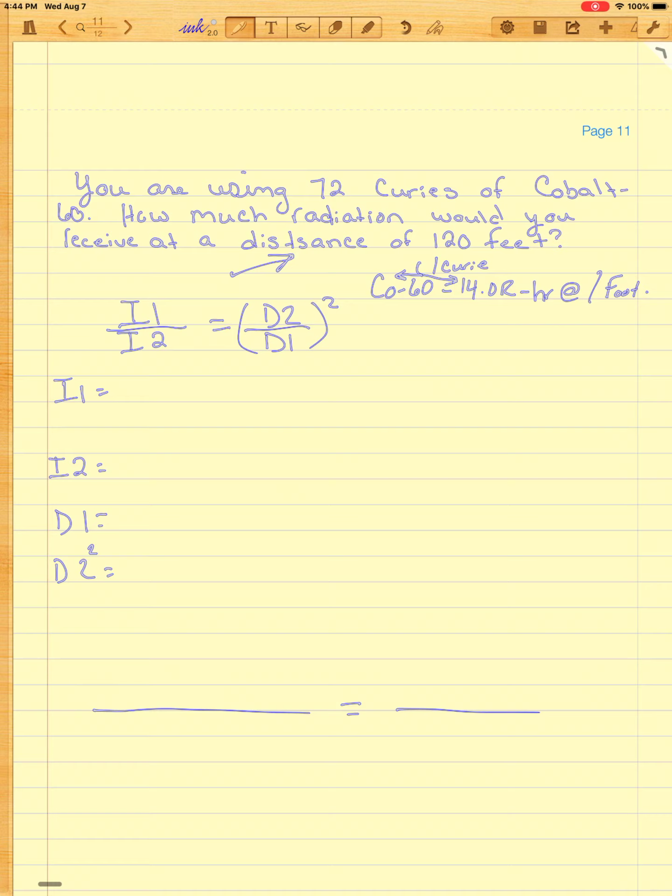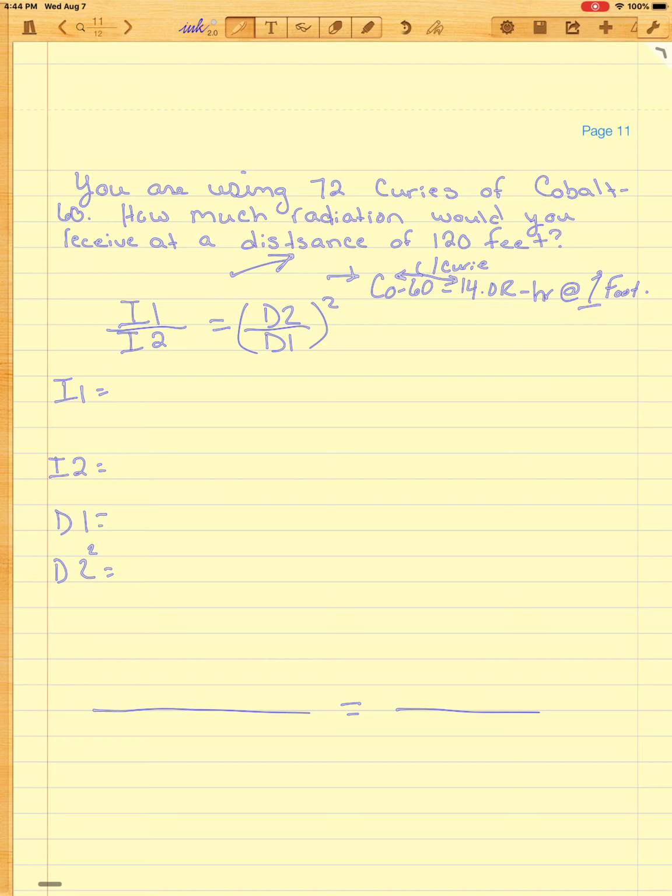Okay, so we're going to review practice problem 1. In this problem, you're using 72 curies of cobalt-60. How much radiation would you receive at a distance of 120 feet? So we know that 1 curie of cobalt-60 equals 14.0 R per hour at 1 foot. So they're not asking us for 1 curie, they're asking us for 72, but our known is at 1